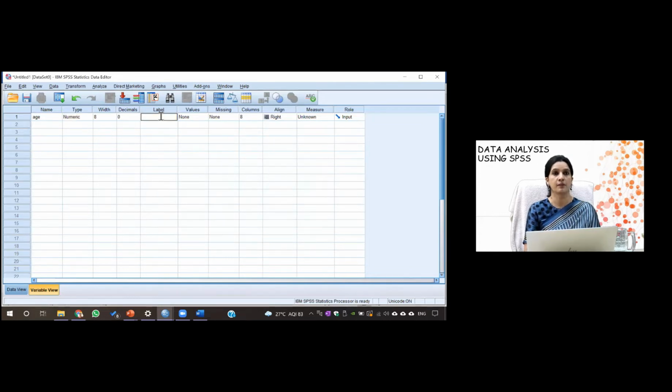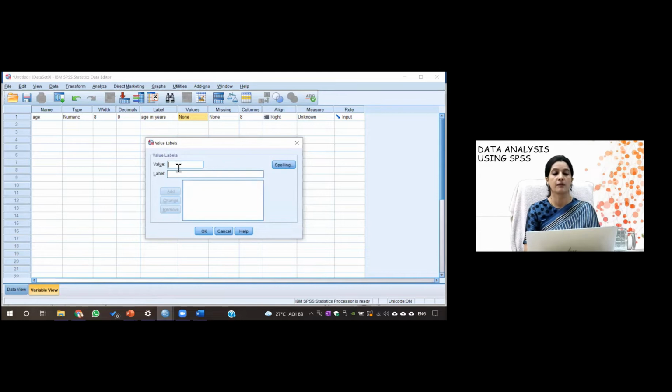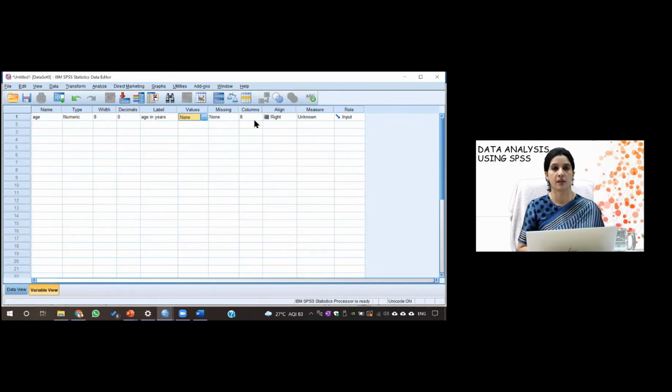So now you can see this label, it tells you the full description of the variable. Like I will write age in years. You have to describe your variable, because if you share your data sheet with anyone, and he's not aware of the variable, he can see the label and understand the nature of the variable, right? So this values option is for categorical data, because age is a continuous one, so I will not be using this value label. Then I go to the missing data.